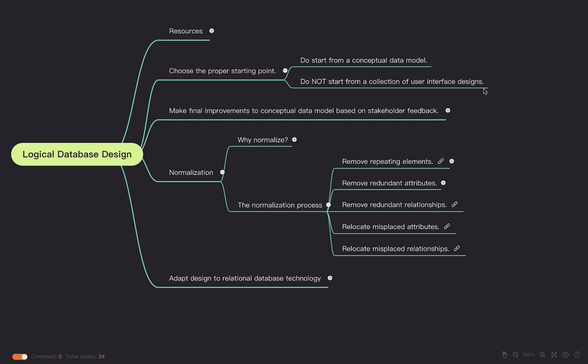If, on the other hand, you take an approach where you look at all of the, typically we call them views, all the views of the data that are implicit in the designs you have for reports and screens. If you begin there,